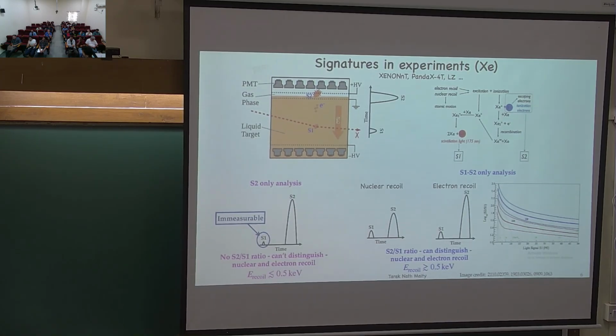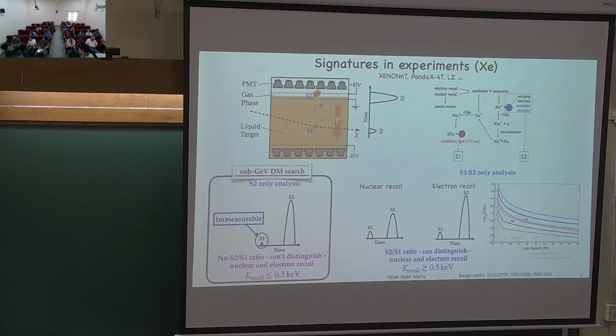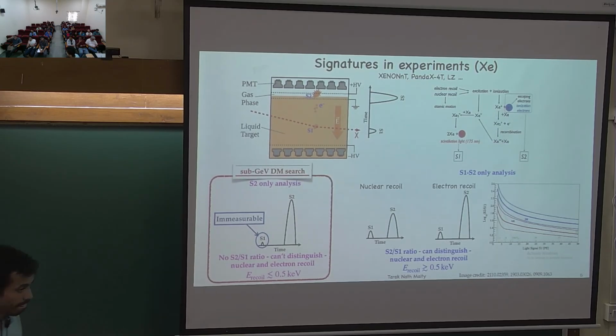And as I was talking about dark matter mass in the sub-GeV regime, the energy content within those particles is really very small. That's why sub-GeV dark matter searches typically focus on S2-only analysis. Nowadays I've seen at least one xenon paper